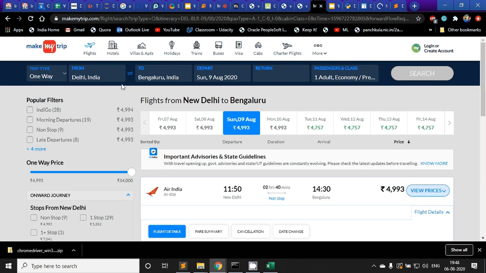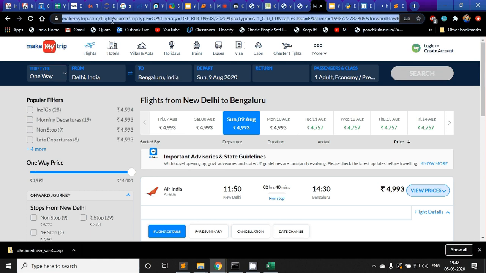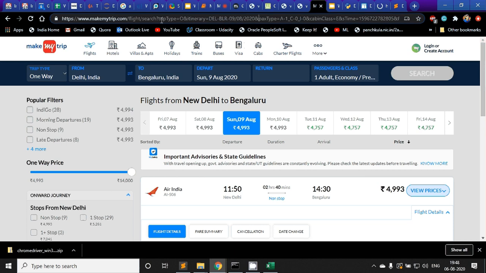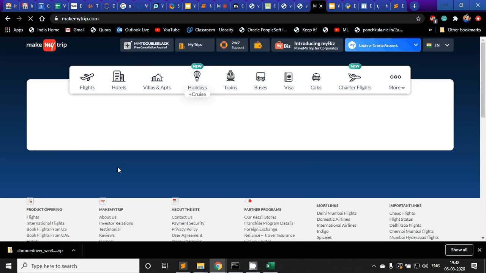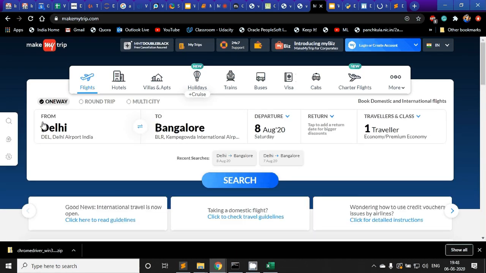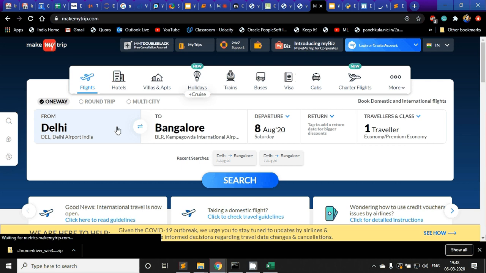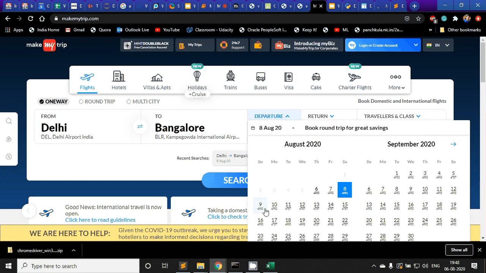What was my idea? Let's say I wanted to go from Delhi to Bangalore on the 9th of August. So I did the same thing: I selected the 9th of August and then clicked search. When I clicked search, I found that it is